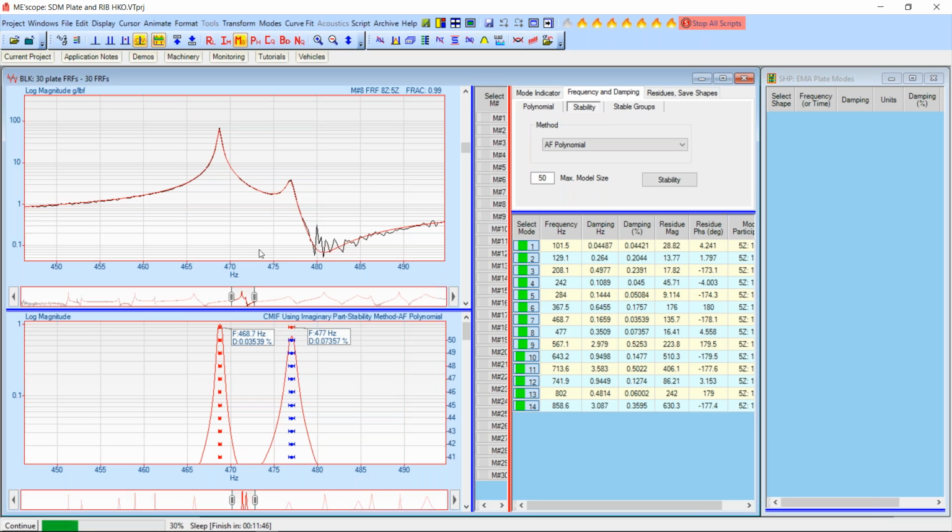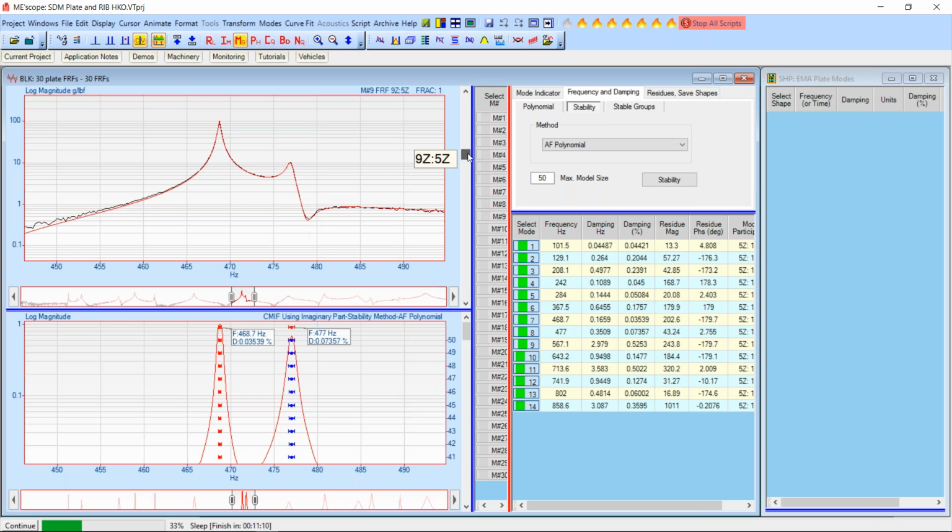In other words, what I'm really looking for is some good modal parameters over here in my list of curve fit results. How do we know whether they're good? Well, you can compare them with FEA, which is what we're going to do here in this case. Compare the FEA mode shapes with the experimental mode shapes. And if the MAC values are close to 1, that's a confirmation that this curve fitting operation and the experimental data itself